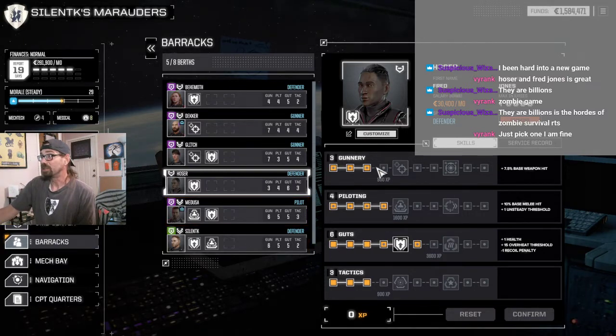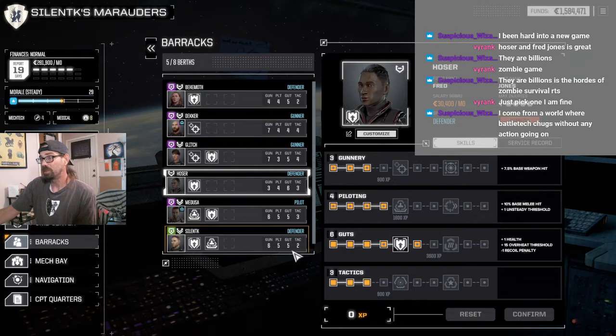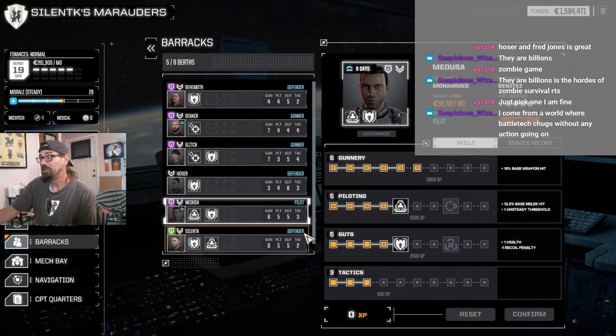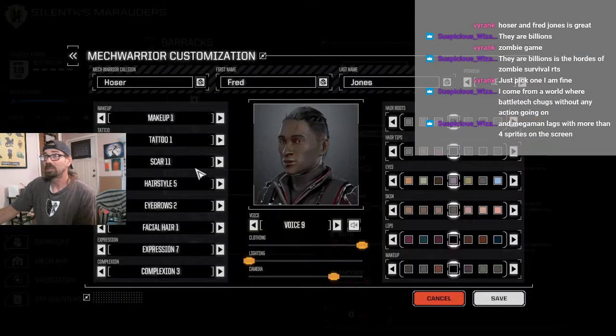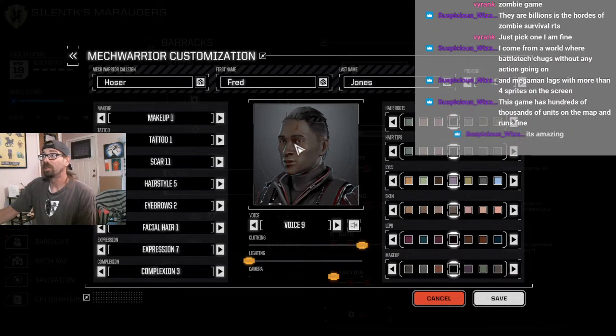Alright. So that is Gunnery 3, Piloting 4, Guts 6, and Tactics 3. Wait, why does it say? Oh, that's me. Tactics 2. Good to go. Wait, oh, because I was looking for Waiting Tick for still orders. It's Hoser now. You know what? I'm just... Is there... Okay, how do I just pick a whole new face? Makeup, tattoo, scar, hairstyle. Alright, I will...